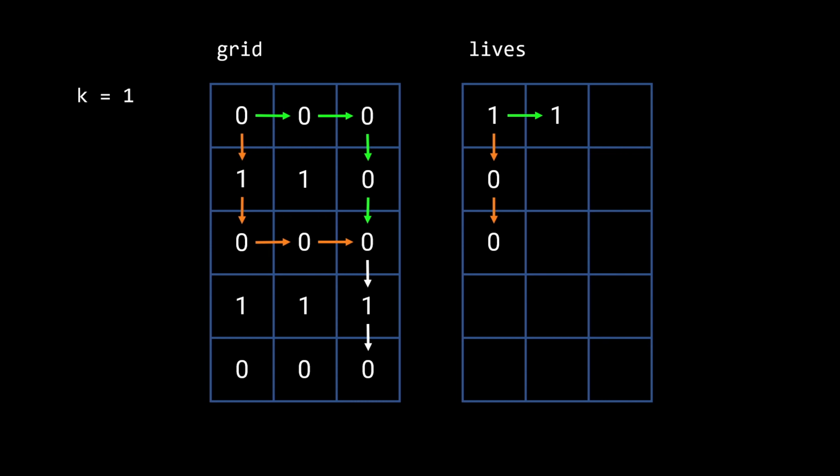But let's say if k was larger, say 5, then we would be able to lose 4 more lives. For the second step in our green path, we don't lose a life, so it stays at 1. I should point out that our algorithm does explore different paths. For example, it goes down here as well, but I just want to trace these two paths, the orange and the green one, just to keep things simple,